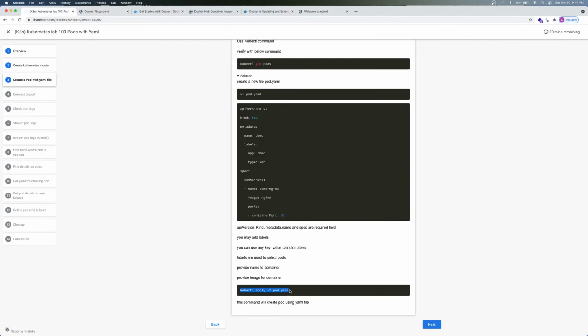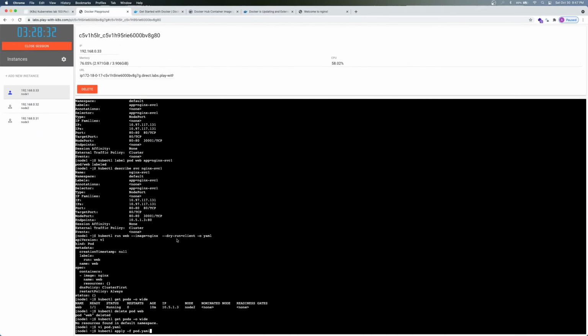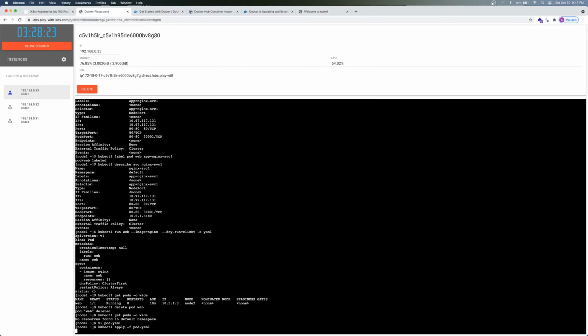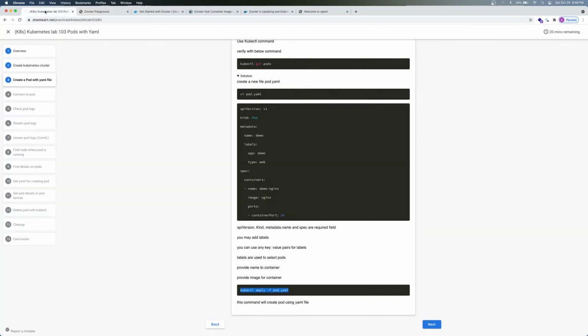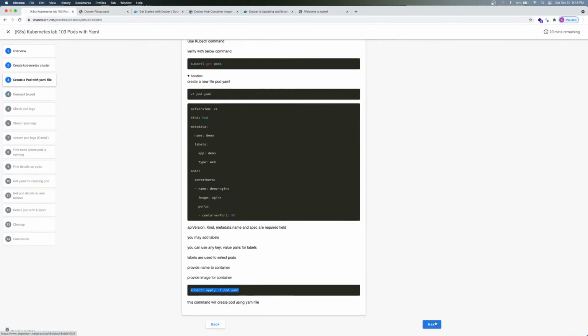Now that creates the YAML file, but it doesn't apply it. We have to use kubectl apply -f, which tells it we'll be using a file, and give pod.yaml. Now in the backend, kubectl is communicating with the API server and getting the things created for us. And it'll give us a message whether it encountered a challenge or it created the things for us. So if we go to the next step,